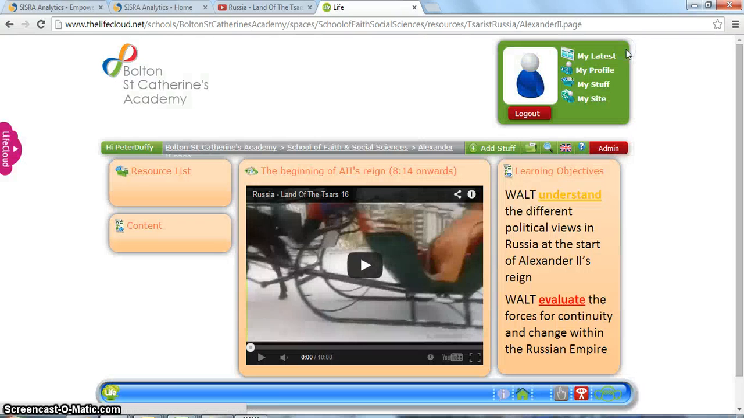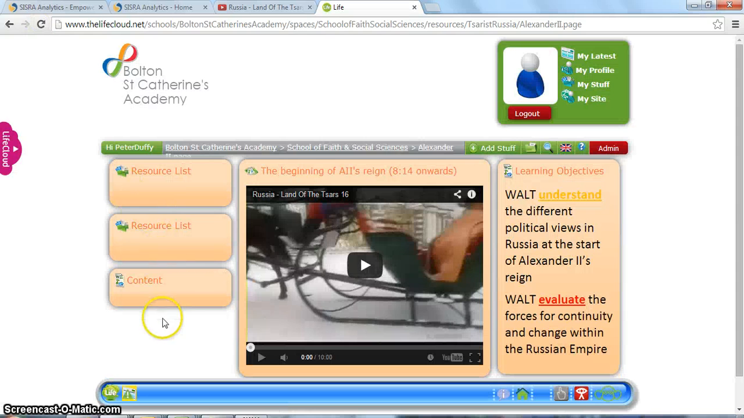Now one of the things that is quite quirky about Life is that things don't automatically appear. So what I'm just going to do is refresh the page. I'm using Chrome here, but you could easily just do this on Internet Explorer, and you'll see that the additional resource lists appeared here. So how are we going to get our new web page to appear? Click on this little green button here, Edit Learning Cell,